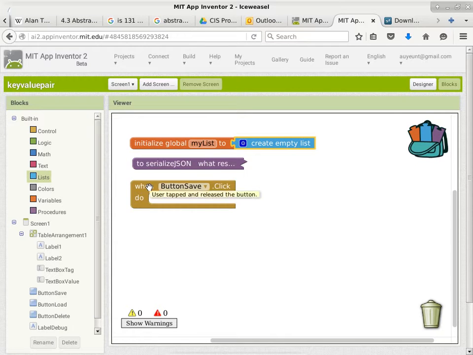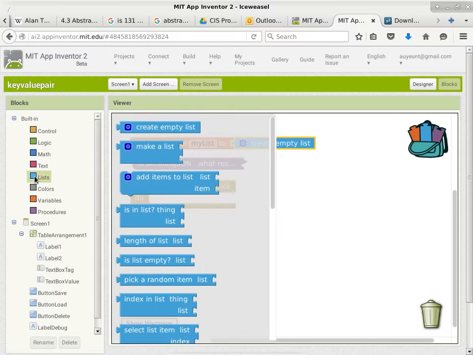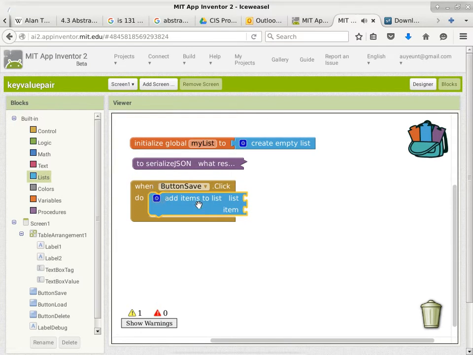I want to add something to the list. What do I do? I look at all the things that I can do with lists. You can create an empty list, that's not what I want to do. Make a list, it might be useful later on. But what I really want to do is just to add an item to the list. So I'm going to add an item to the list here. Which list am I adding these items to? I'm going to add it to my list. So this is my global variable, my list, which is going to have one additional item as I click the